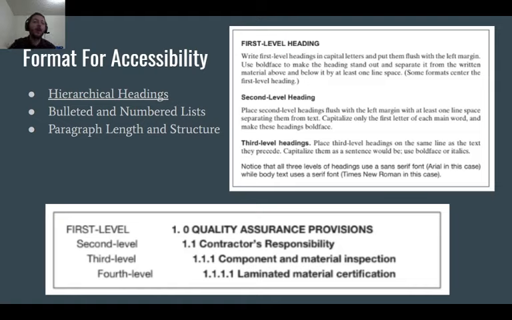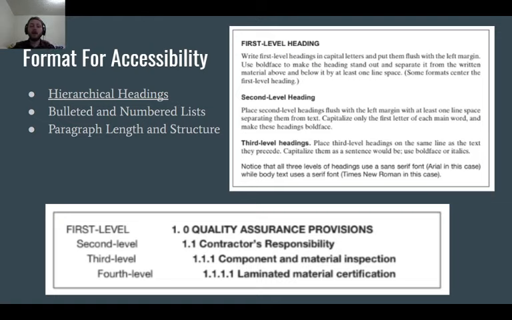So with hierarchical headings, when you organize information in a hierarchical setting, so top to bottom or bottom to top, typically top to bottom. Right here I have an example at the bottom. We have the first level, second level, third level, fourth level headings, and they give you an idea of not only the information heading down in a hierarchical manner, but also, depending on the font and everything, the larger font and maybe the descriptions that they're going over,